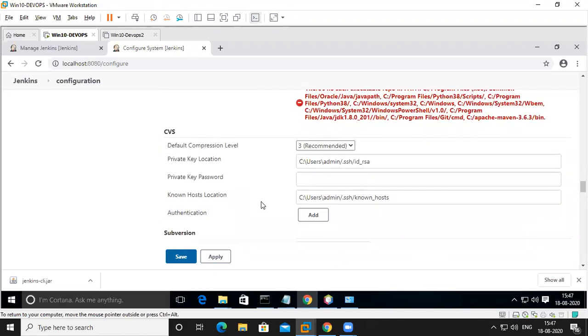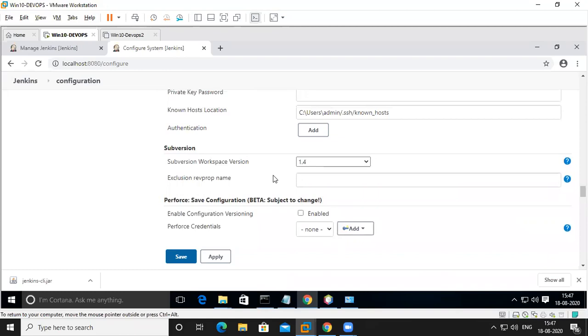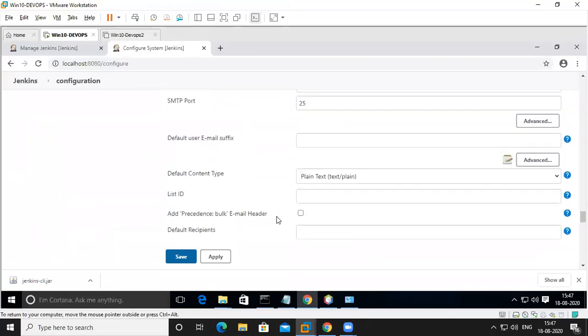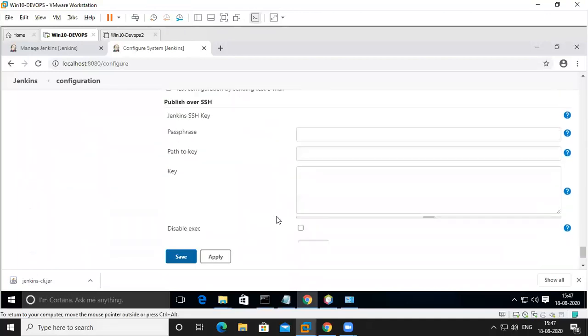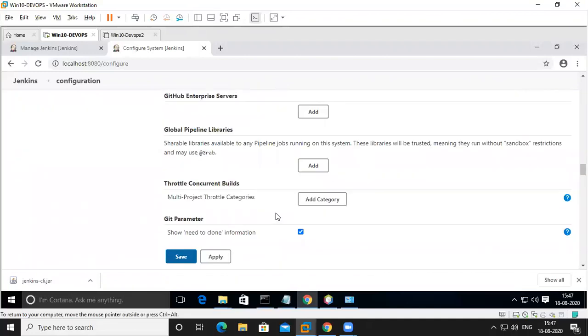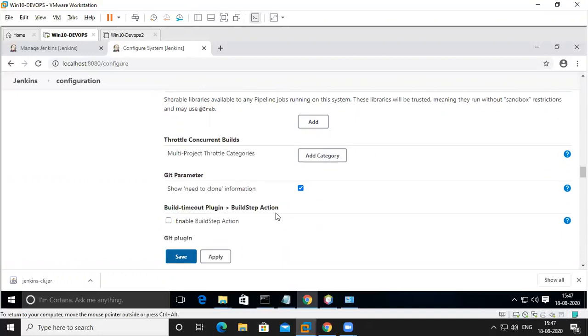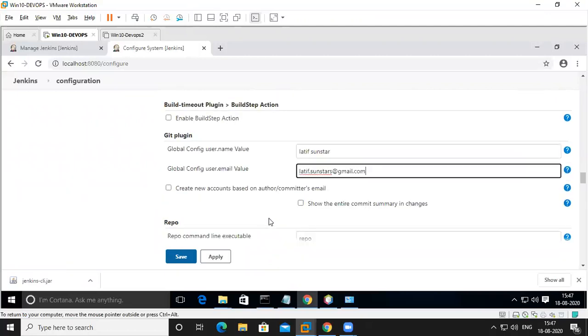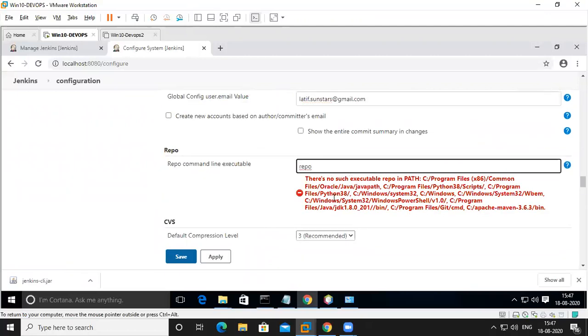This is about subversioning. You can go through once whatever email notifications and what email should get notified. This is public key. This is repo, or you can use repo command executable. If you have any repo thing, then you can give all the paths. Okay, not given in a repo path.